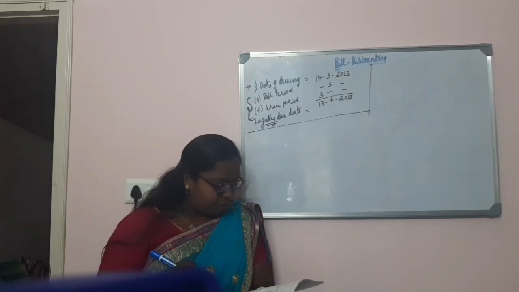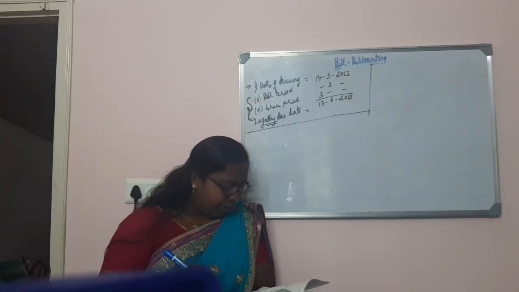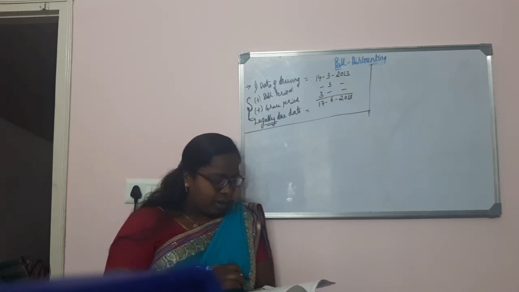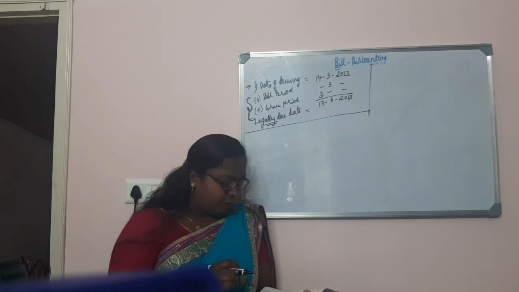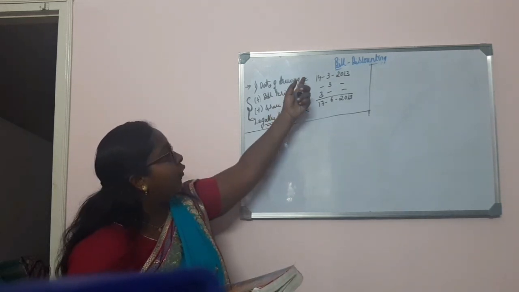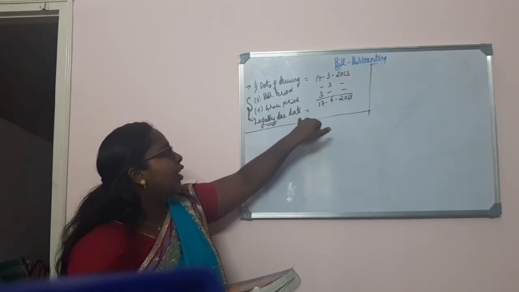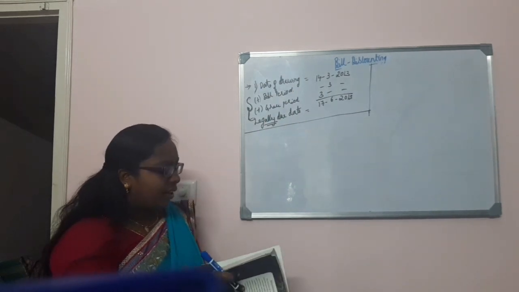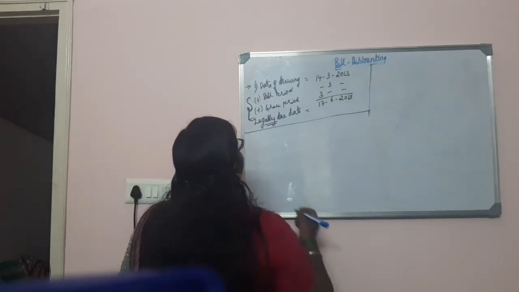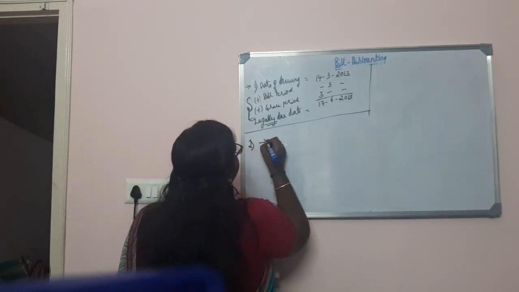So this may be asked for 1 mark. Now the second problem. A bill drawn for 3 months was legally due on 18/8/2012. Find the date of drawing of the bill. In the first problem, they gave the date of drawing and asked us to find the legal due date. Now they have given us the legal due date and we just have to find the date of drawing.